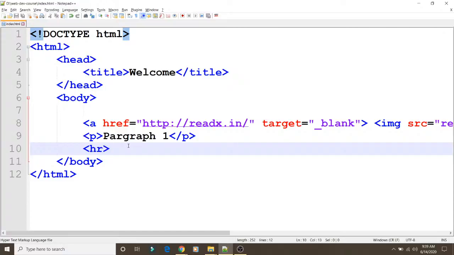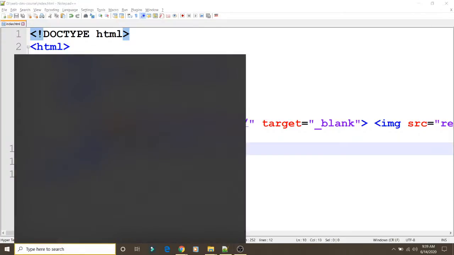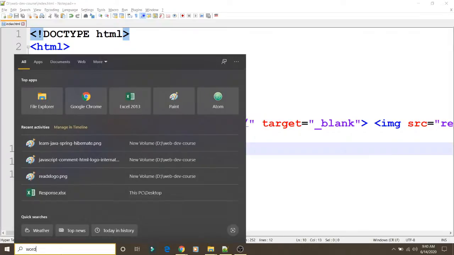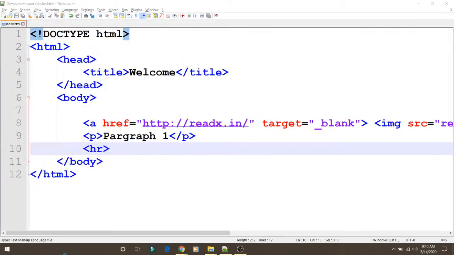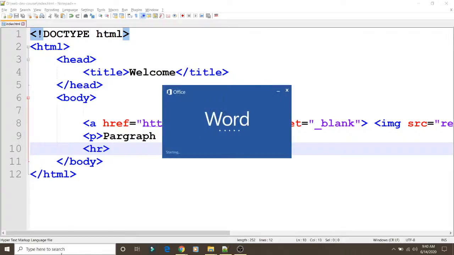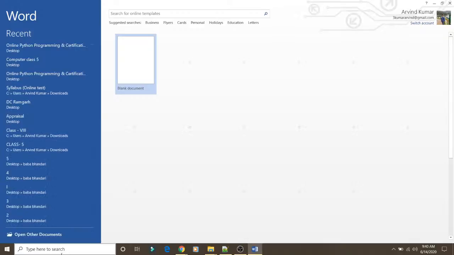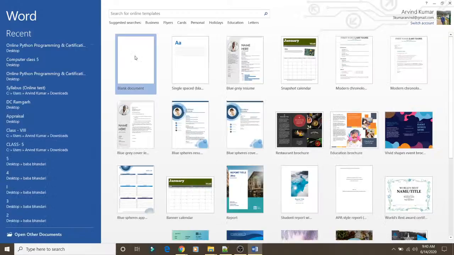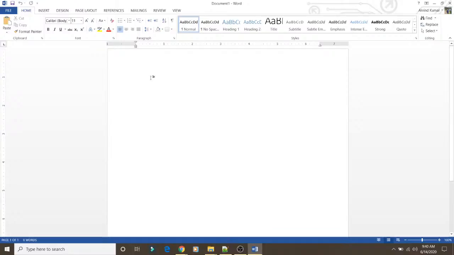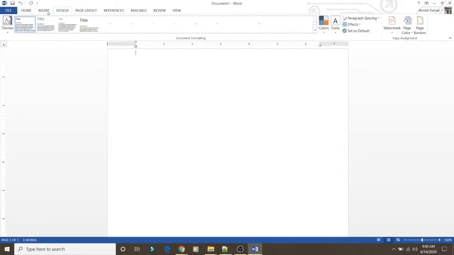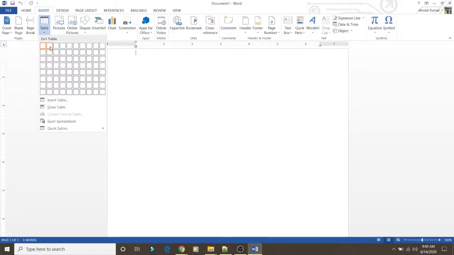Suppose I want to insert a table like this. Suppose we have a table in a different file. Let us see with an example. Suppose I want to store the names of 5 students in a particular table, and with the name we want to store their class. So let us insert a table.